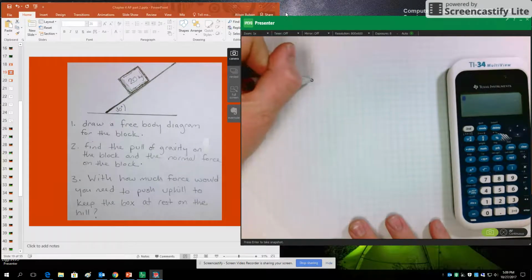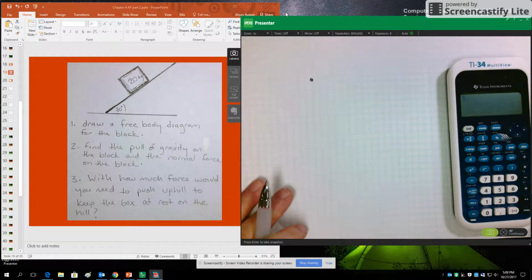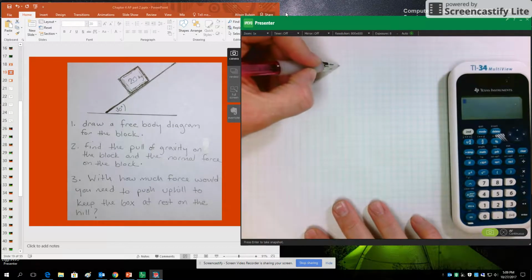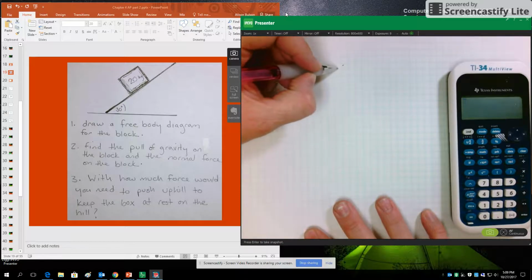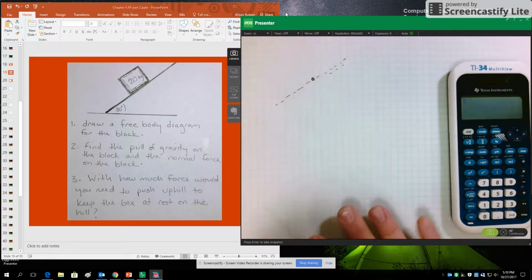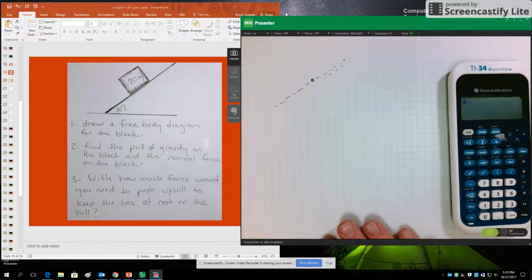So I need to draw a dot instead of the block, but I do want to indicate that this is on a tilted plane. So I want to try to draw something, oops, I probably should be using a ruler for this, but something that indicates that tilted plane. And whenever we have an inclined plane, we almost always, I can think of a case when we don't, consider our x and y axis, our coordinate system,